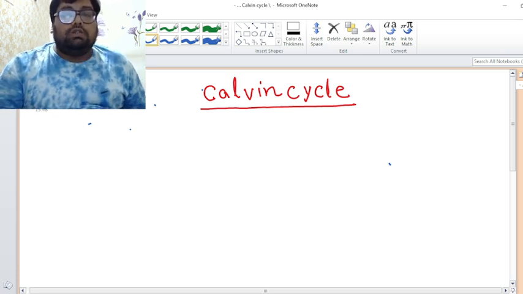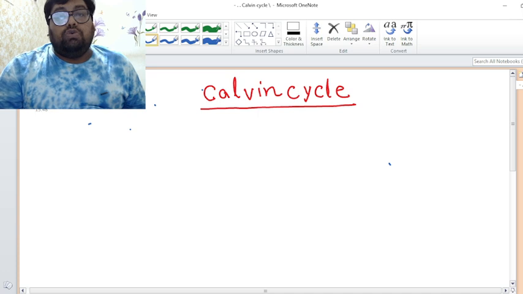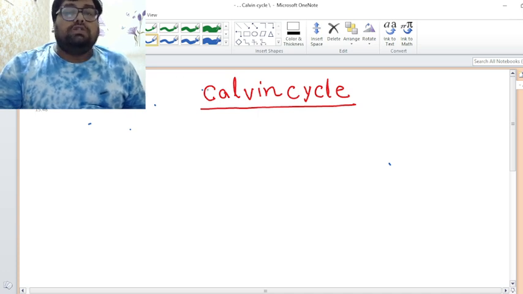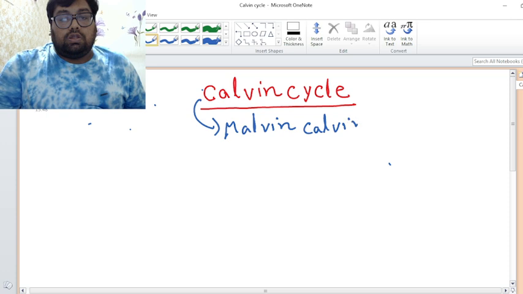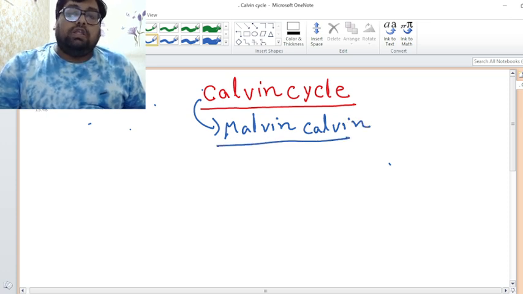In the light reactions, there is a production of ATP and NADPH. In the dark reaction, there is a utilization of ATP and NADPH, and by utilizing them there is a production of glucose. The Calvin cycle was explained by Melvin Calvin. He explained it with the help of C14